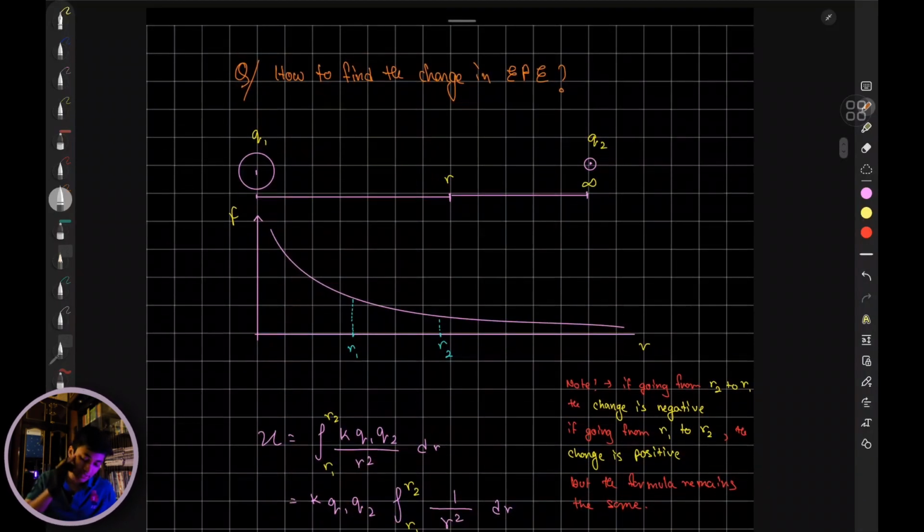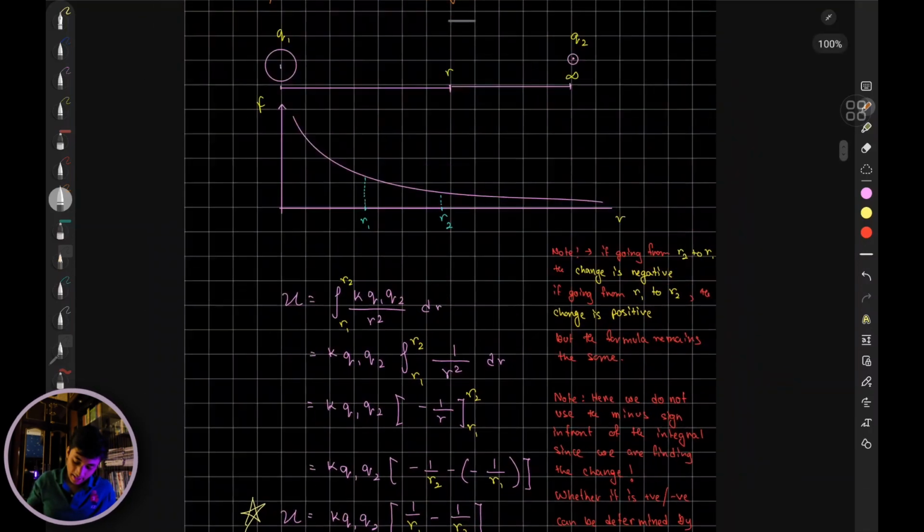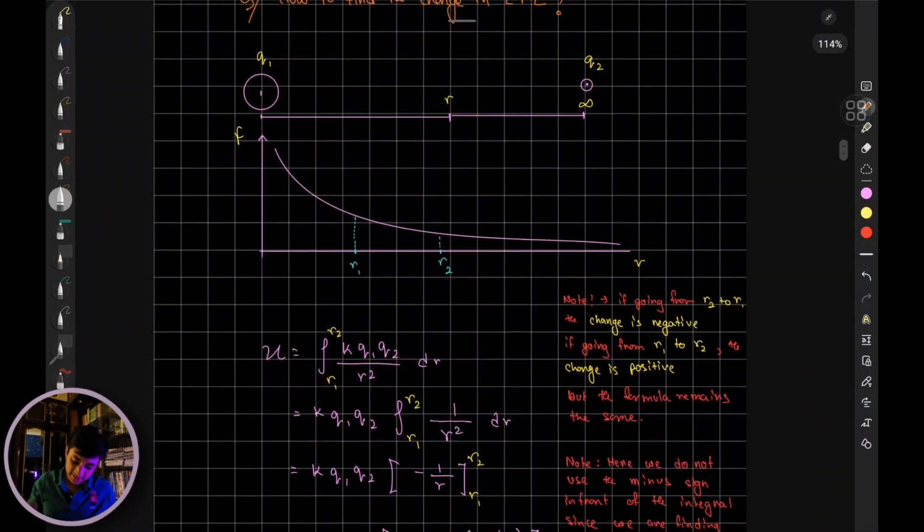We have again a charge q1, a charge q2, and we're going to see the interaction between both of these charges, and we're going to move, let's say, q2 from this position to the new position